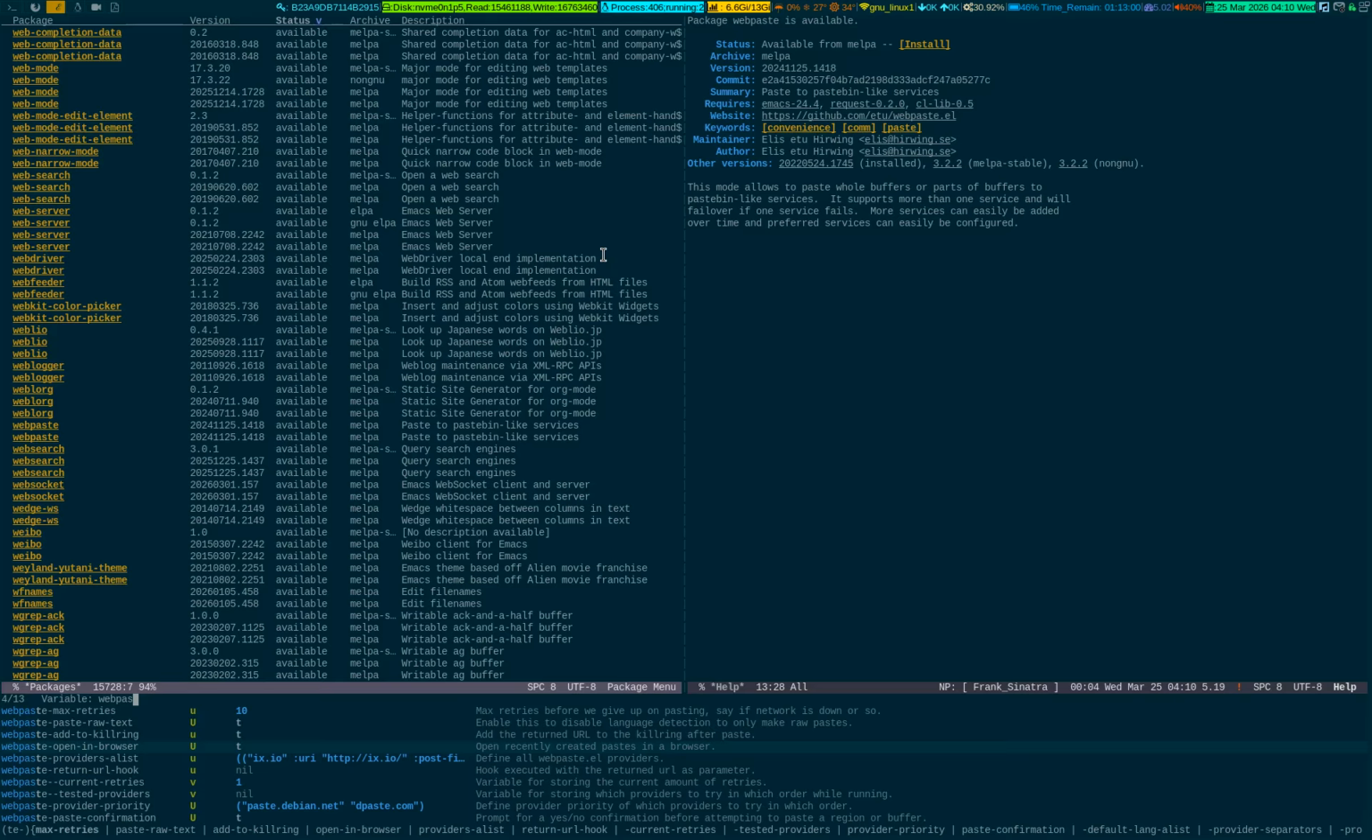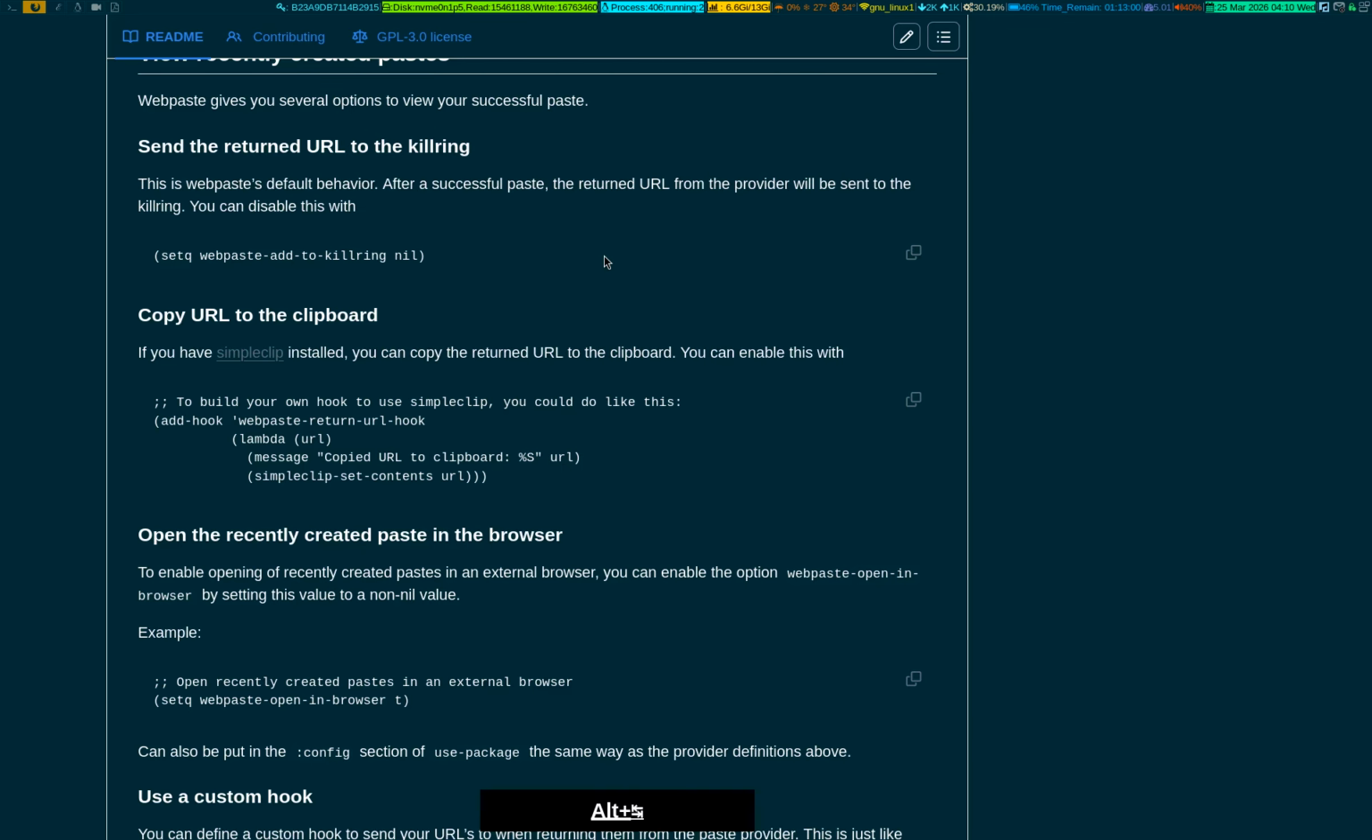That's why you see every time I pasted it on the online service, it popped up in my default browser. That's what you saw twice in this video, right? This is the variable which is affecting that. Now,